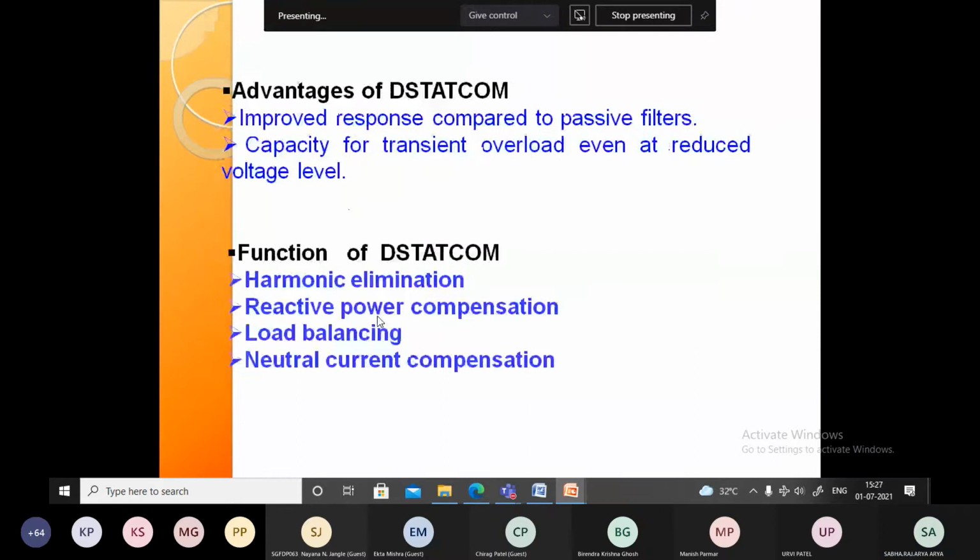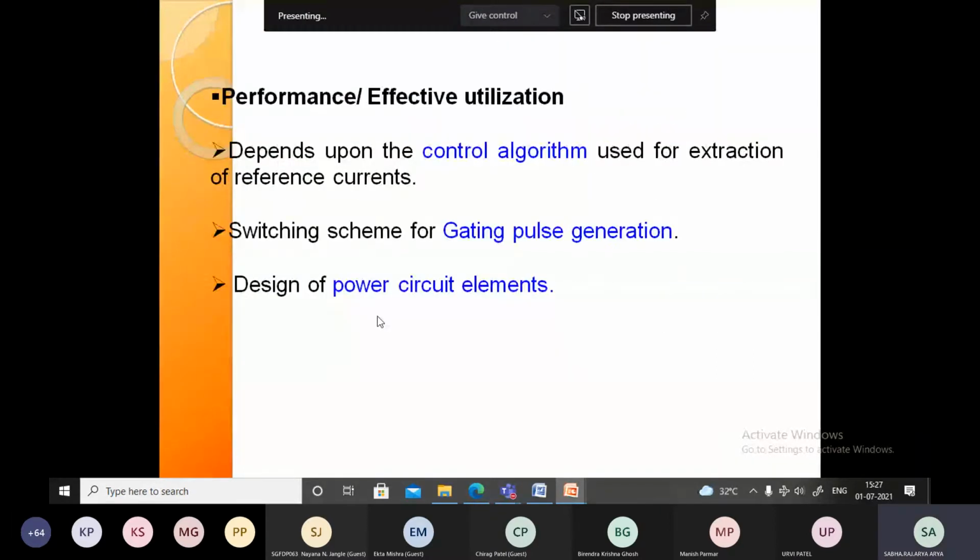Third point is performance. Here whatever thing we are going to discuss, one is the power circuit, second is the control circuit, third is whatever load or supply is there. Here performance and utilization of this depend upon the power circuit design. Means cost depends upon the power circuit design. If the design is not good, then you take a high capacity converter, maybe 2 times, 3 times, or 5 times rated. High capacity wire you can take. That is a bad design.